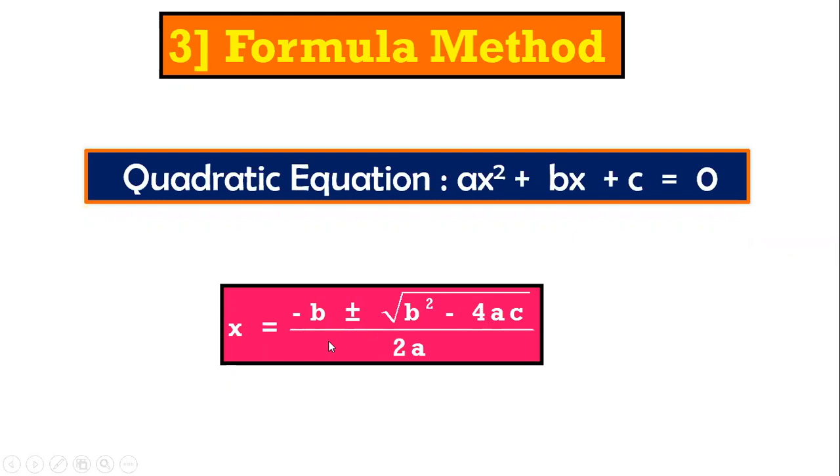Now this formula was derived by our great mathematician Sridharacharya. So this formula is also called the Sridharacharya formula. So the standard form here is ax square plus bx plus c equal to 0. If you solve this standard form by the completing the square method, you will get this formula. So in fact, this is your home assignment, which you can try after watching this entire video. Try solving ax square plus bx plus c equal to 0 using the completing the square method.